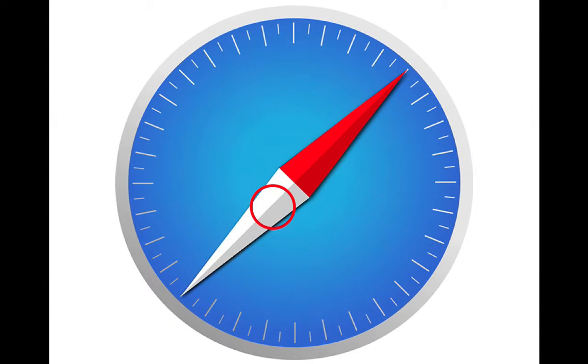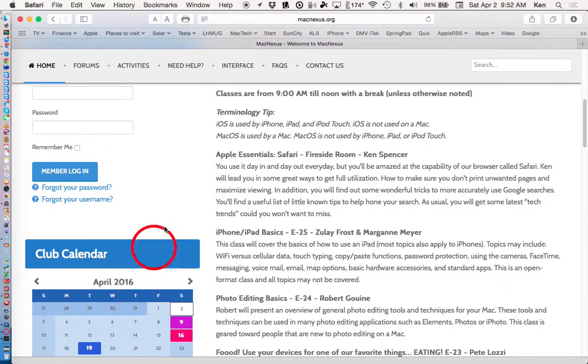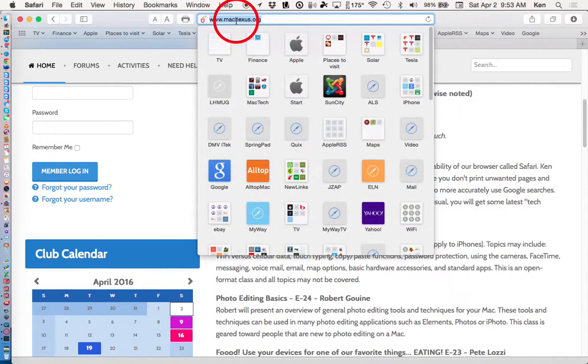So on to Safari. All right, any questions on the searches there? That'll be on the video. So we're going to go to Safari. So first and foremost,